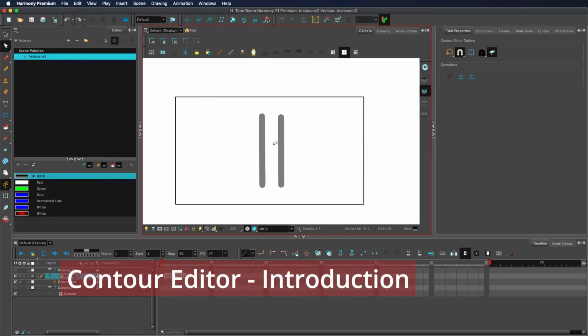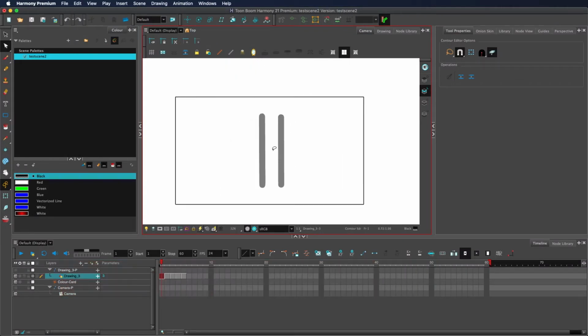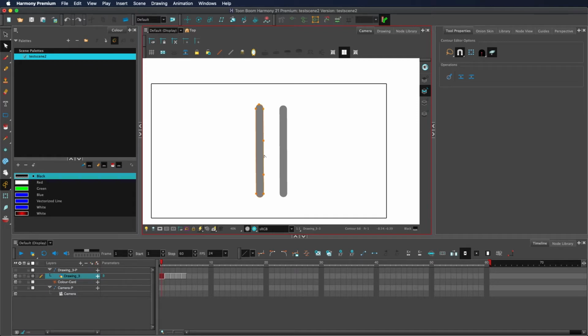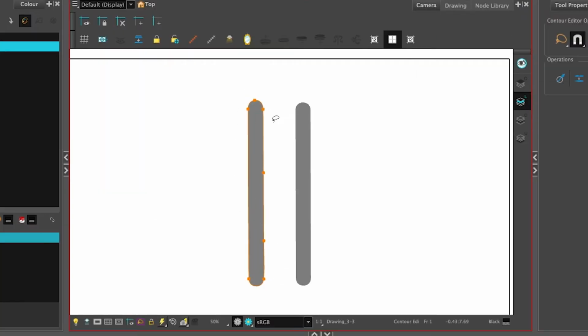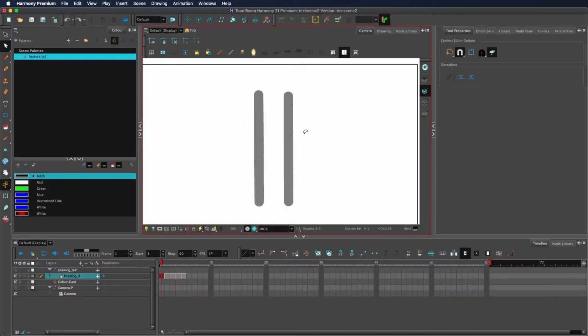So what does that mean for the contour editor? The contour editor allows you to edit the contours, which, as said a moment ago, are controlled by the points and the Bezier handles. Brush stroke fills have points to represent the entire fill, so you can see there's points on all sides here. Pencil strokes, on the other hand, only have points to represent the center line. So with all that out of the way, let's talk about how the contour editor works.